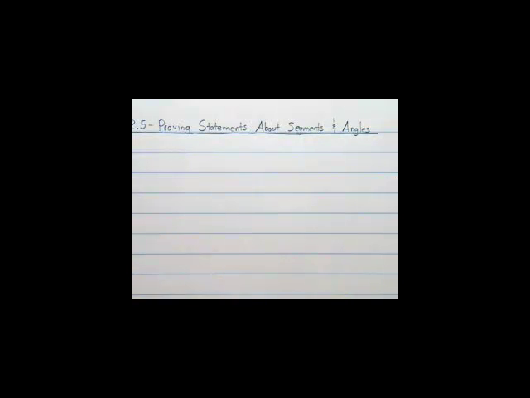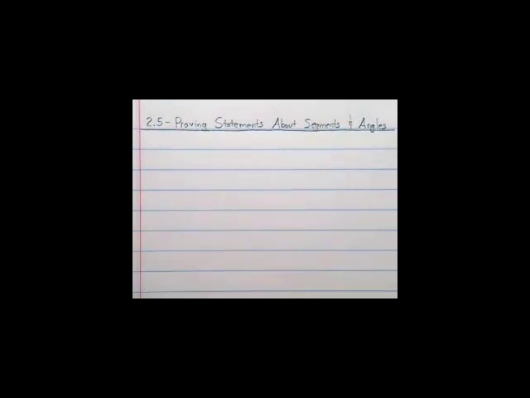Okay, now we're rolling. All right, so proving statements about segments and angles today. So yesterday, or the day before, I guess technically, you guys did some algebra proofs where one column was doing the steps of the algebra and the other column was explaining why you were doing it. Today it's going to be proving some statements about segments and angles where we do essentially the same thing, where